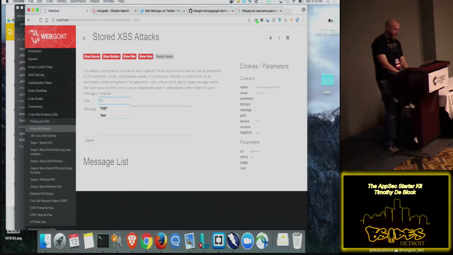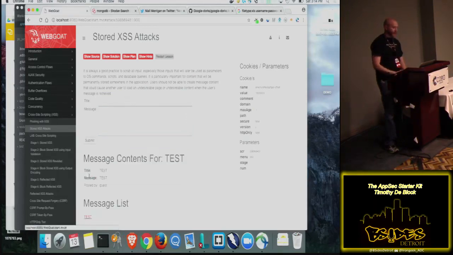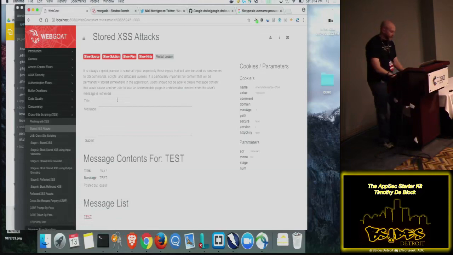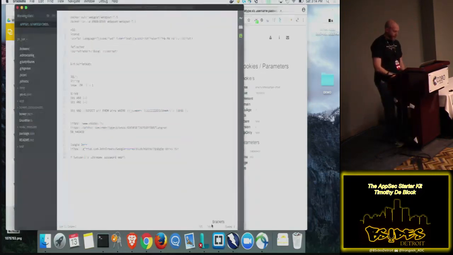We'll just do this form-based one. I click here, hit test, and go to the message. Now we're going to add a little cross-site scripting code, because I didn't memorize all this. I'm just grabbing my code here,